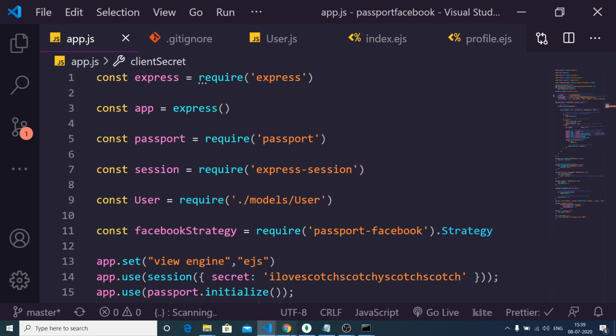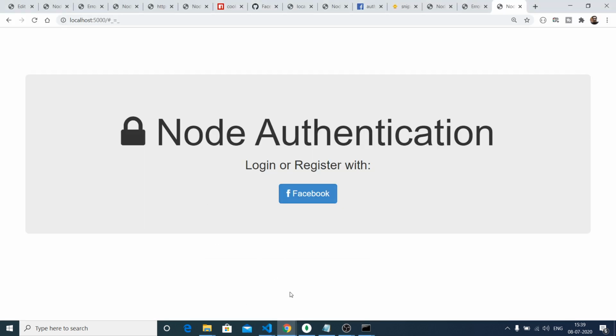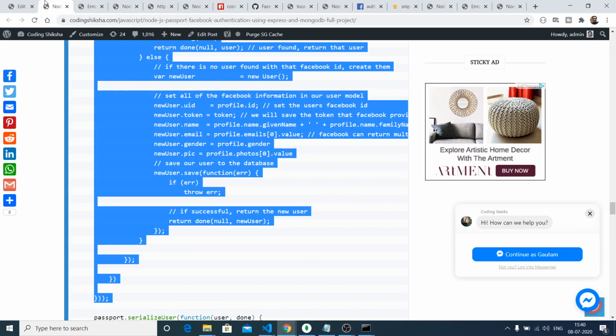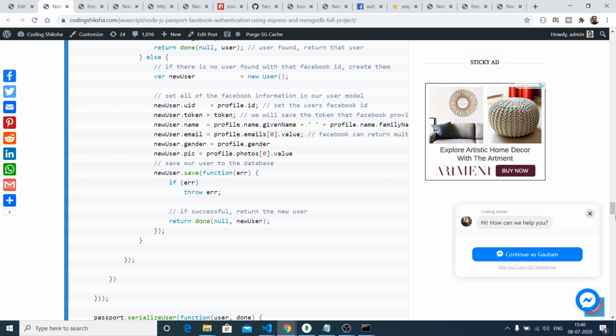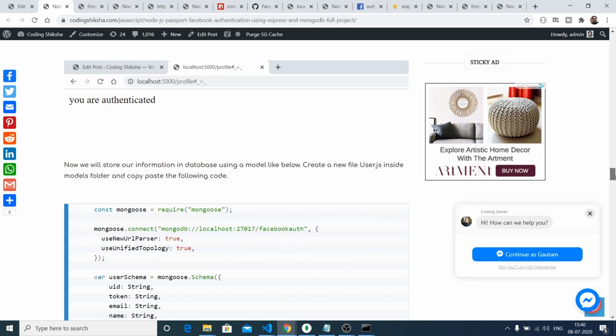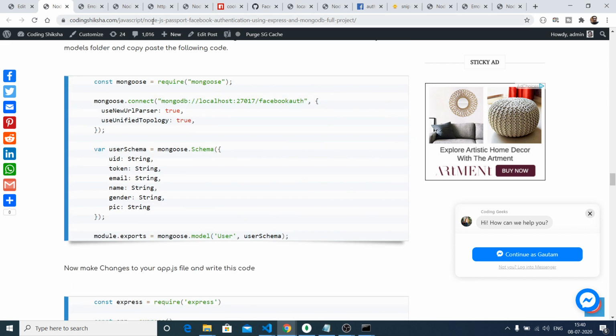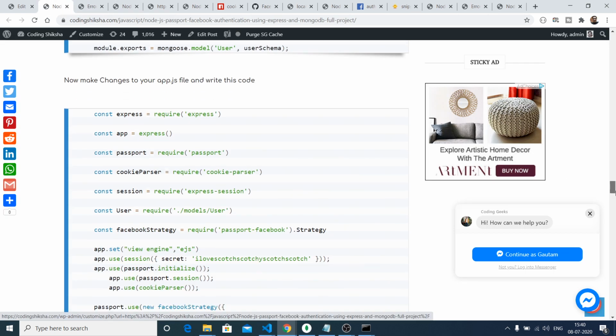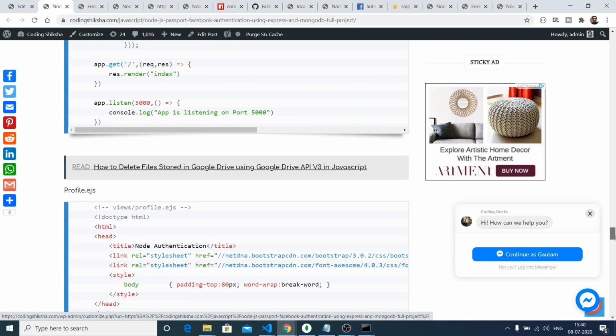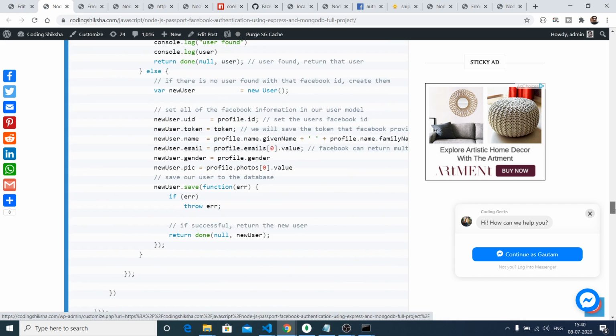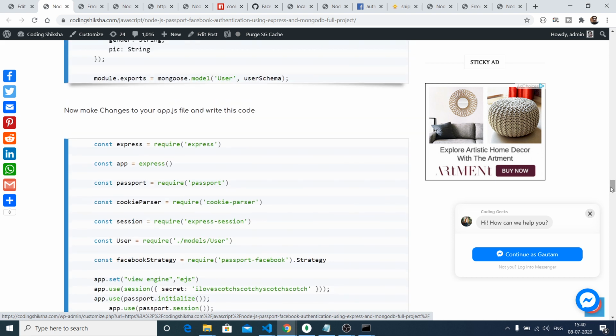I have some problem here. Let me just see, guys, why it is not working. So for this I can just go back to it and copy paste all the code here. So this is a copy button. Let me just copy and paste all the code here.